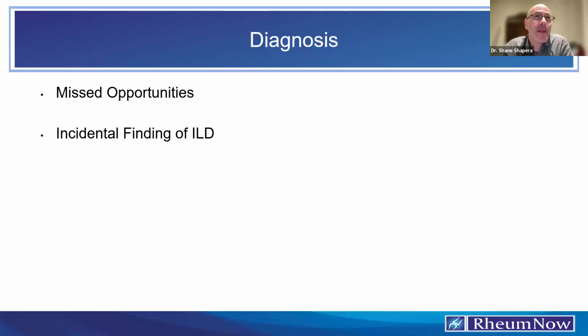I think one of the places where we've evolved the most in my 10 or 15 years at U of T is that we're starting to screen in different ways for CTD or SARD. We now do things like myositis antibody panels that we didn't used to do. And at first that seemed a bit fishy, that we were literally just fishing for antibodies.